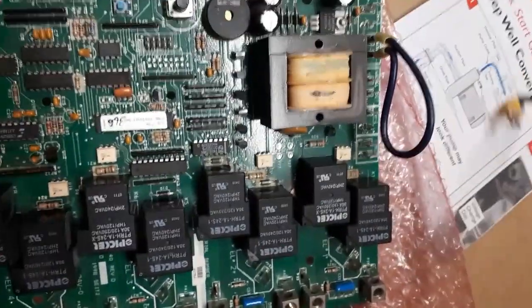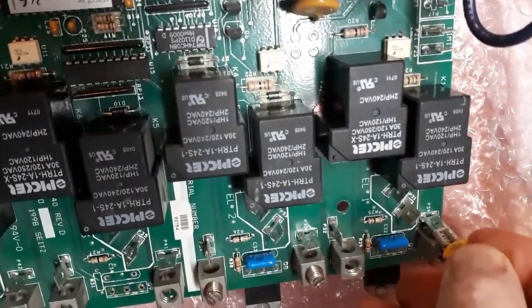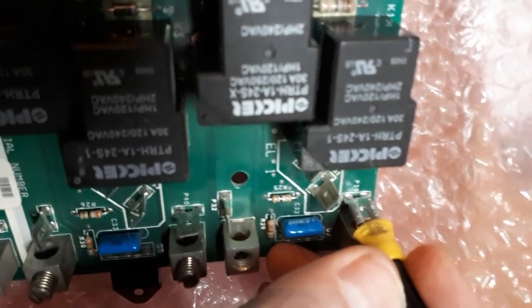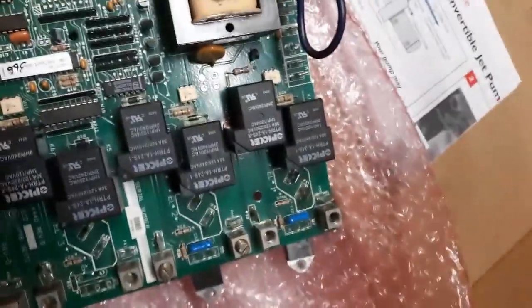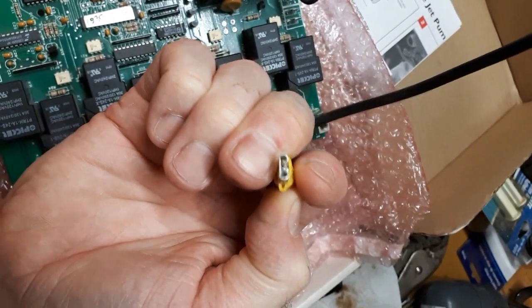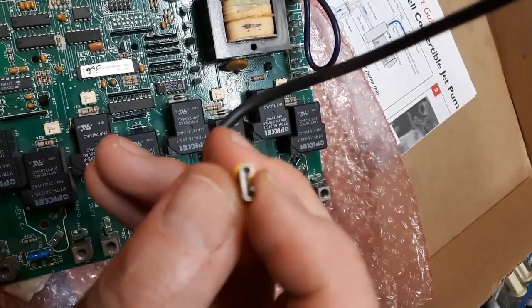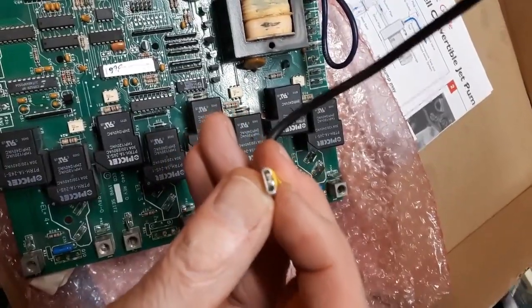So the issue that you have to watch if you have one of these is that these spade connectors, when they connect onto the board, need to be very snug. There cannot be any wiggle in these, any looseness. So what I would recommend, I can't really give you a recommendation as far as how long, but they definitely should be checked. These connectors need to be pinched with a pair of pliers and squished down a little bit on each side, so that